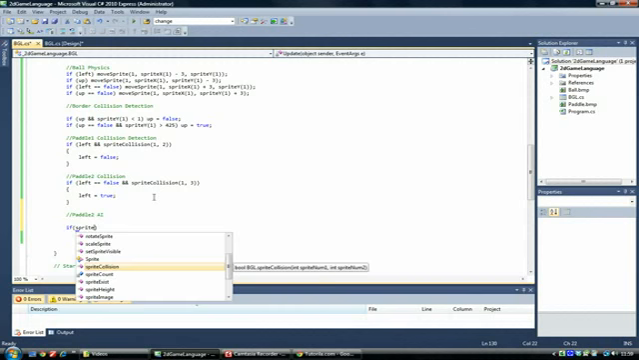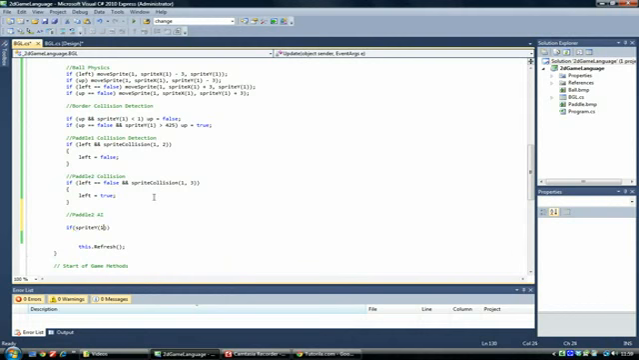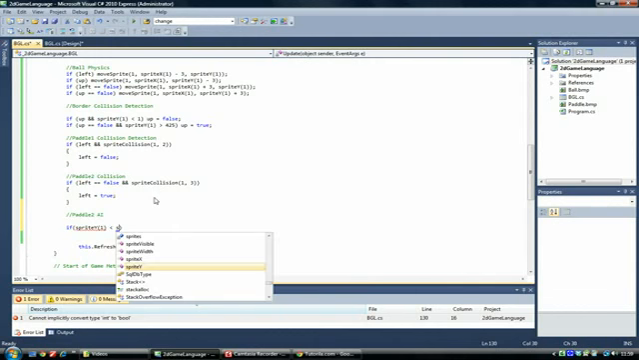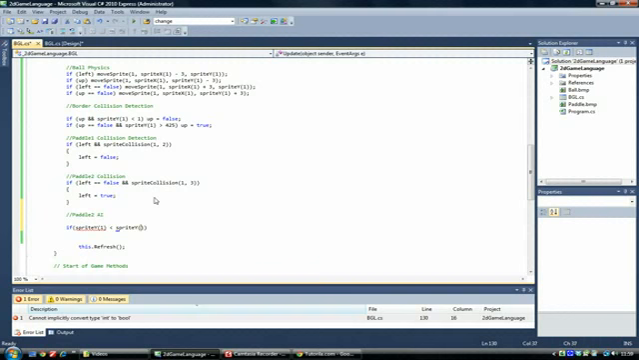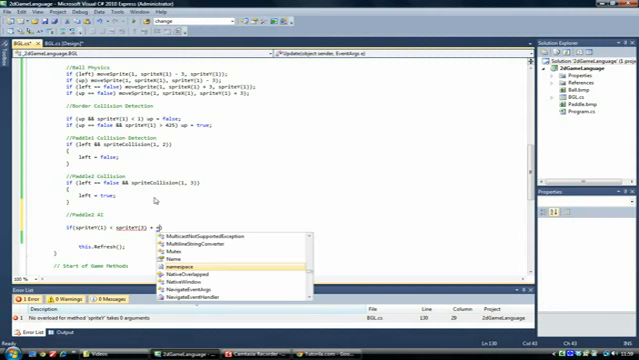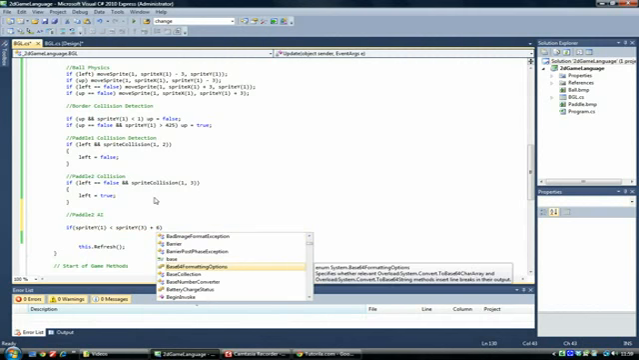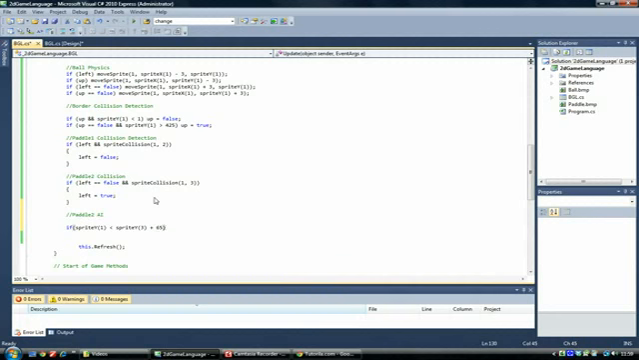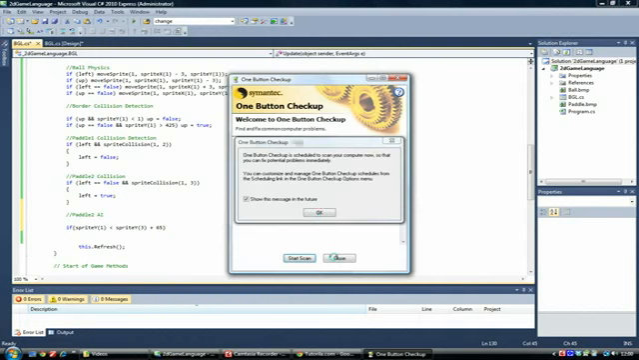Okay, so if sprite y1, and that would be the ball, is less than sprite y3 plus 65. Now the reason why I'm doing this is because we want to get the center of the paddle rather than